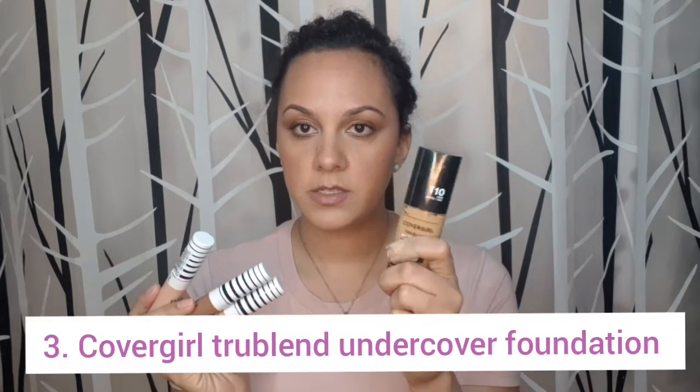And Covergirl has their foundation, which is this one here. It's also a full coverage matte finish, long wearing also. The only thing is the foundation is darker than the actual concealer. Apparently they have the same number, the same shade, so they complement each other. But the foundation is way too dark. Right now I'm a little bit more pale. I will probably use this foundation during the summertime when I get more tan, but for now this is not good for me. But the concealer in that shade is perfect for me, because